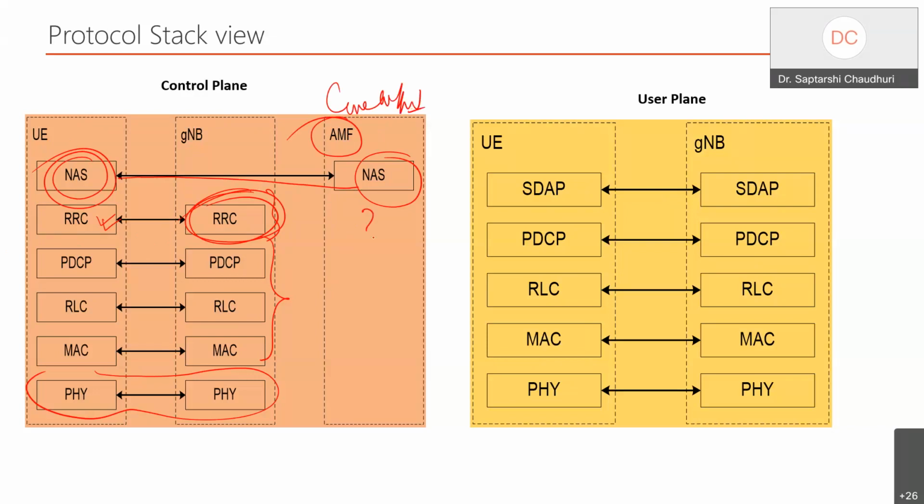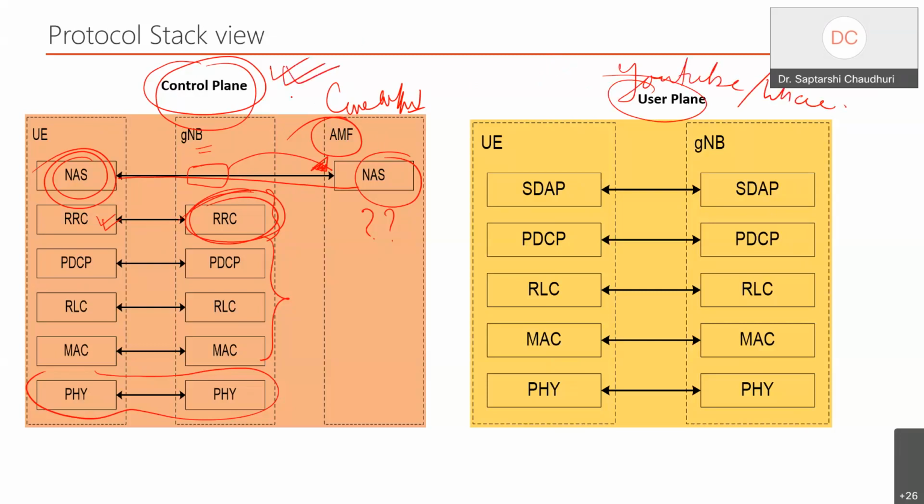Now the question is why? The big question that we'll try to answer is why there is one bypass. The base station doesn't sneak into the NAS packet, and it is transported straight back to the core network, for a big reason. We'll try to uncover the big reason why we do it. And this is what we call the control plane. I told you last time also that before we do anything, before we invoke any of this, the data plane, what we call the user plane, which is nothing but your actual YouTube data, streaming, or voice, we have to ensure that this control plane is successfully able to talk to each other.